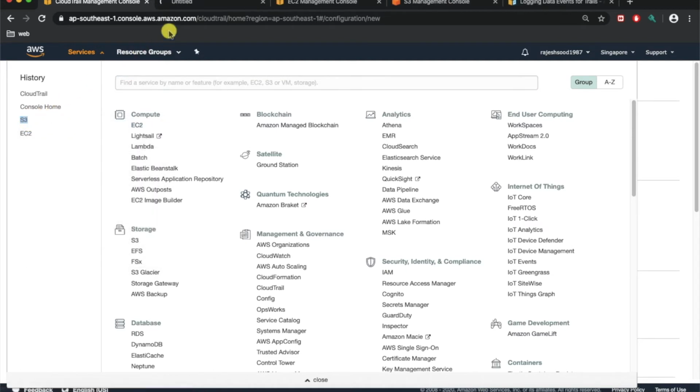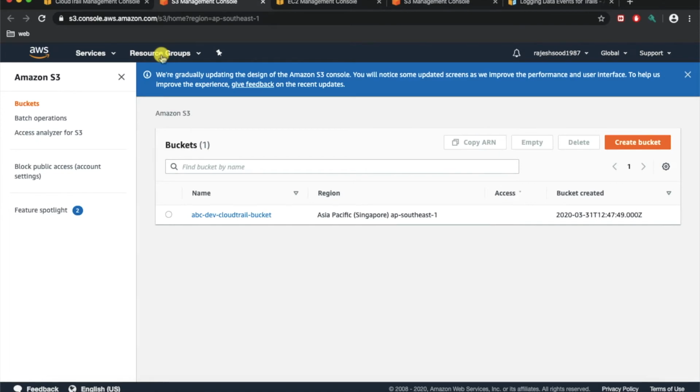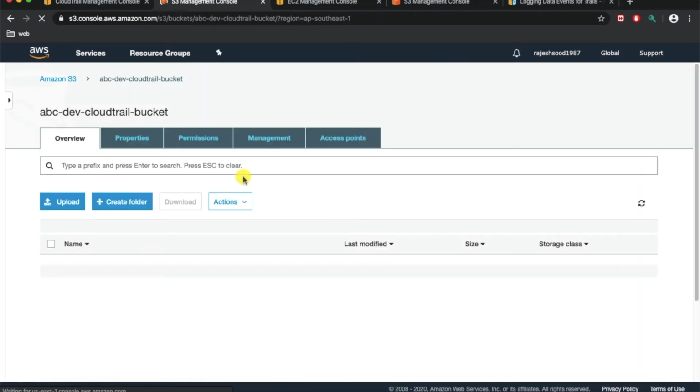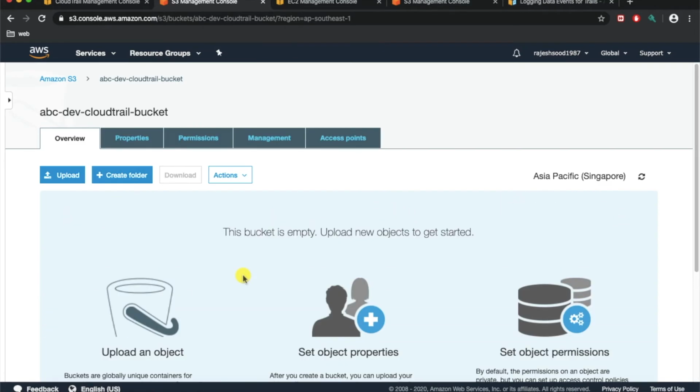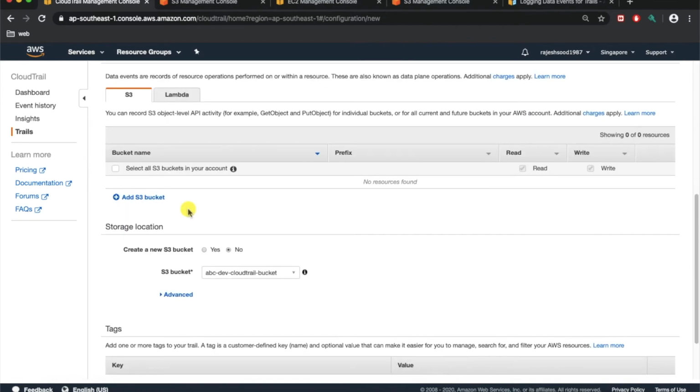So if you go to the S3 Management Console, you have a bucket named CloudTrail bucket. I specifically gave the name CloudTrail bucket so it's easy to identify. And over here, we do not have any objects yet. So going back to the CloudTrail Management Console, we have chosen the bucket name where all the logs will